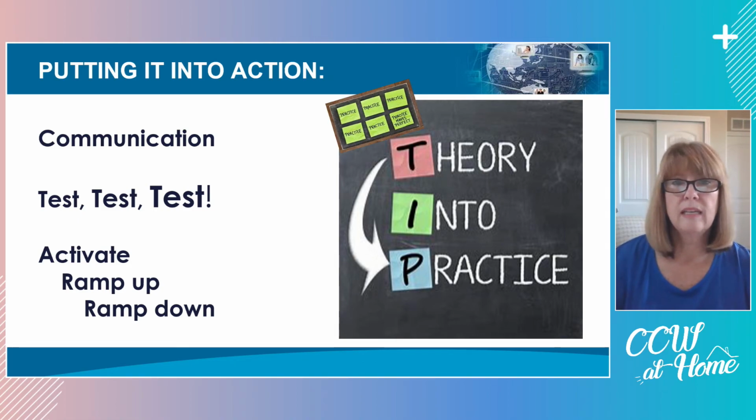So when looking at activating and ramping up and ramping down your plan, document key decision makers. How and when will decisions be made, and who will make them? For example, in a snowstorm, who's the ultimate decision maker? Is it a facilities manager? Is it your contact center manager? And document how you'll communicate with reps and managers and customers for each scenario. If there is a technology failure, how are you going to get the message out to your staff and your reps about what's happening and whether they come into the office or not?